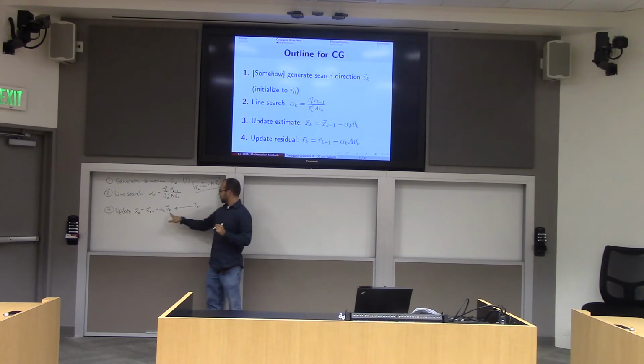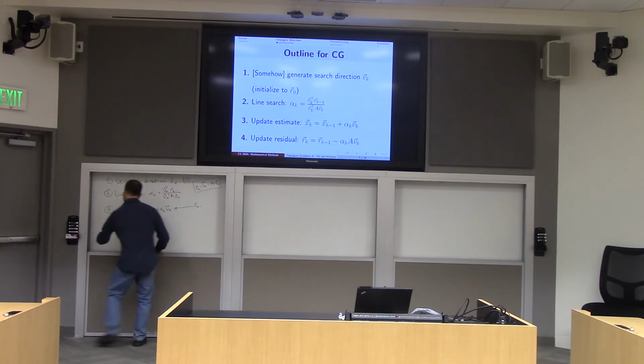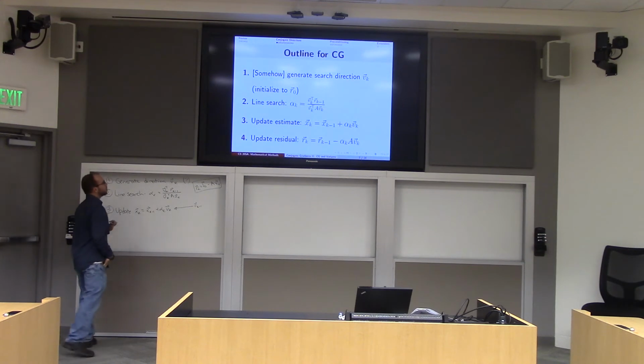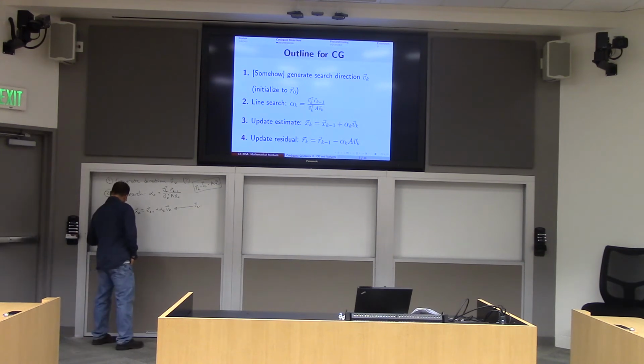And so it's easy to forget that the kth search direction is the k minus first residual, okay? So I'm going to point that out now, and I'm going to screw it up in about 2 minutes. So when I do that, now you guys will all know to stop me immediately, okay? And finally, we have one more step in this algorithm, which is that we do the residual update,